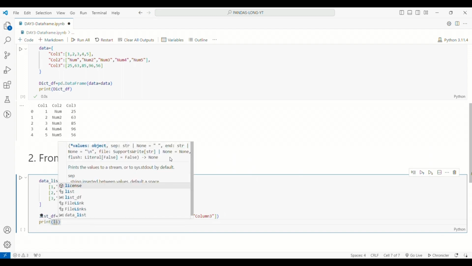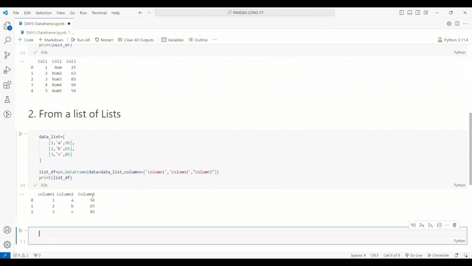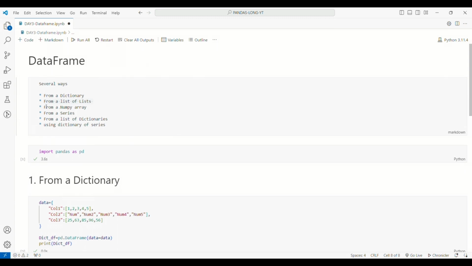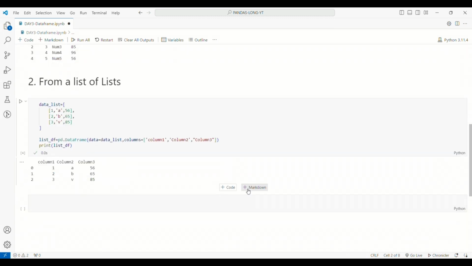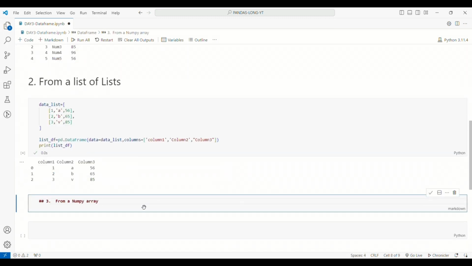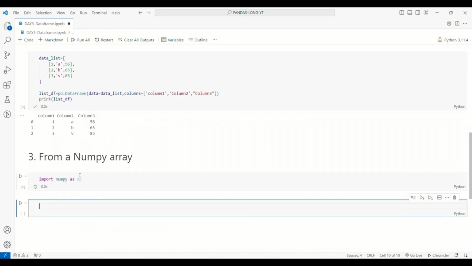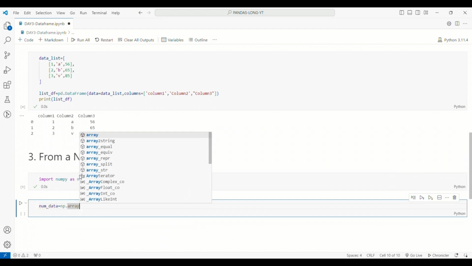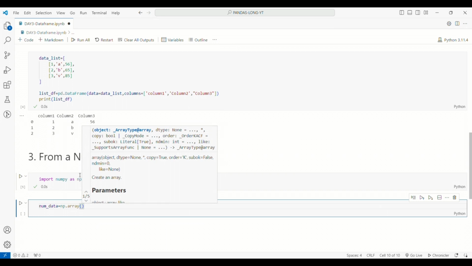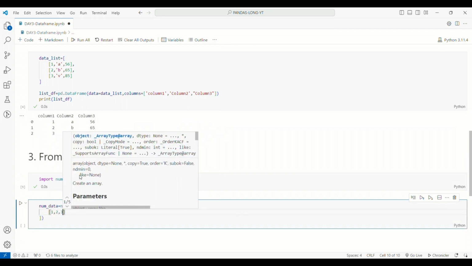The next way is using our NumPy array. So NumPy is an important library if you are working with pandas. So I have imported NumPy as np. Now I have to create an array. To create a NumPy array, I am going to use the np.array method, and then I have to write down what type of array I wanted to create. I wanted to create a numeric array, but this is going to be multiple values. So first I have written 1, 2, 3, 4, 5. Next I am writing only 4 values I am taking.